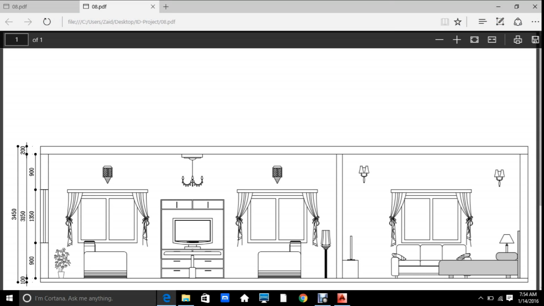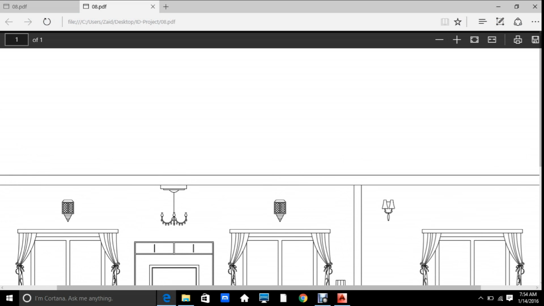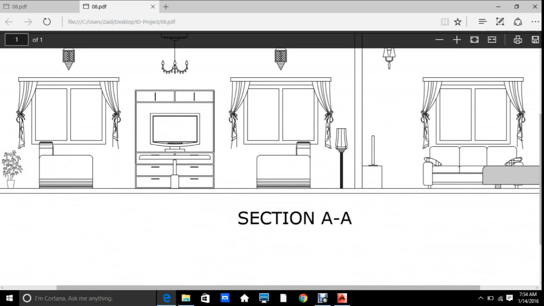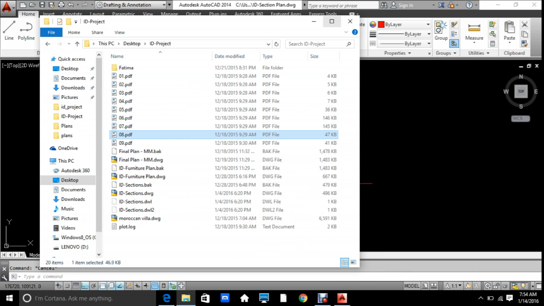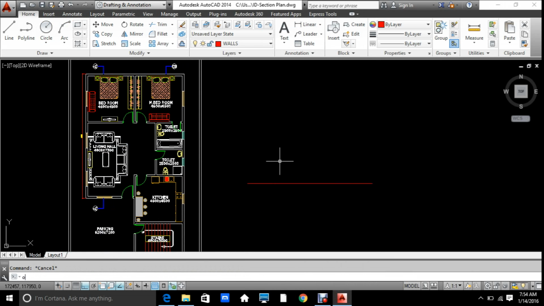Okay, so now if you see here, these values are important. Like if you see here, the thickness of the flooring is 100. Okay, so you will go here and offset 100. Okay, and then again